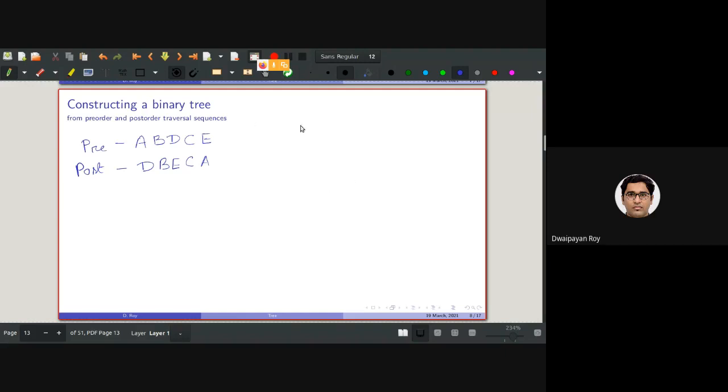Okay, let me draw some trees. A will of course be the root, as you can see, it's first in the pre-order traversal.